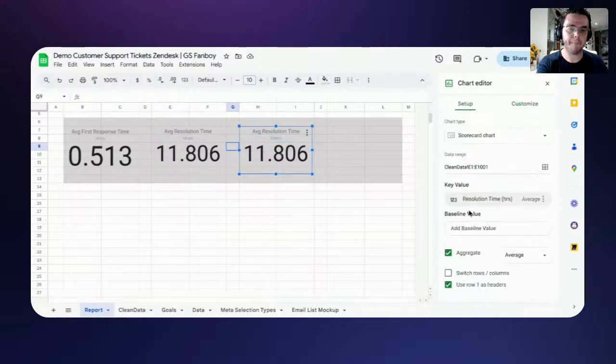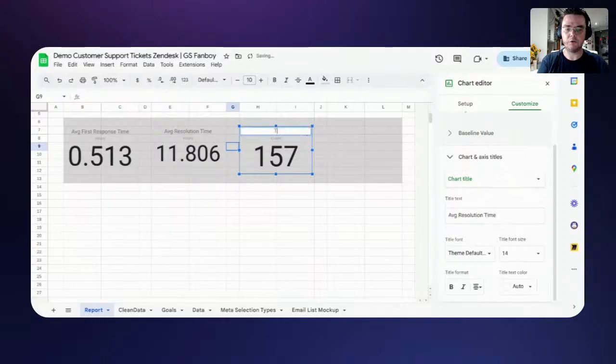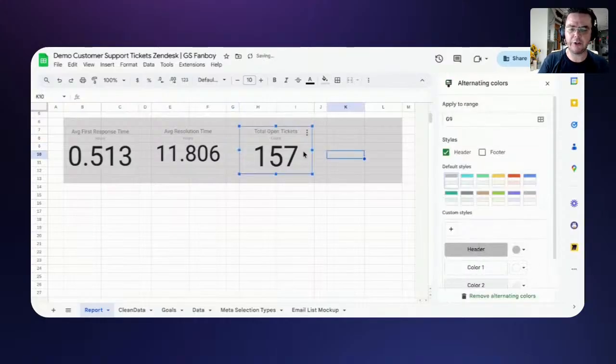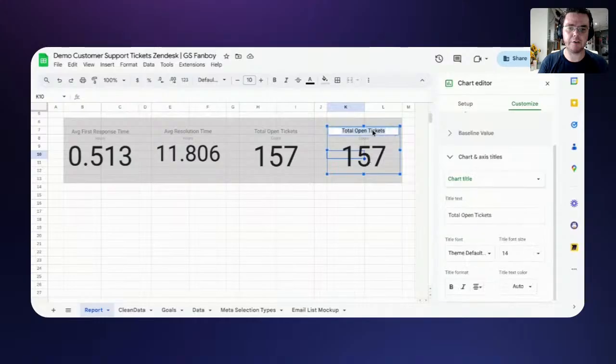Yeah, am I on the chart? Yeah. We're going to change this from E to G, and we're going to change it to the sum. So now we have 150 open tickets, and I got to take this, and we're going to count. And total open tickets. I don't know if I should use tickets or support, but I would think that would be tickets. My guess, like support tickets, and then we're going to do the same thing kind of here, but let me change this to total